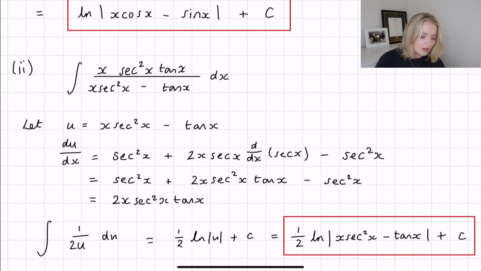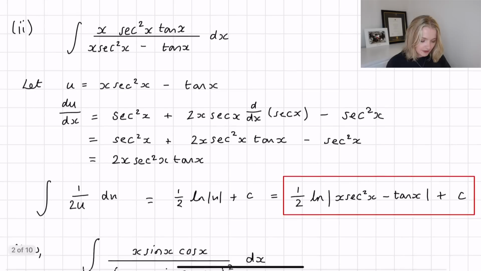And so the important part of this question was just spotting that if you were to take the denominator, compute the derivative of that, it's essentially the same or almost the same as the numerator. So as before, we compute this integral, we get this output for this integral, and then substituting u back into here, we get this lovely form of the answer here, and not forgetting c, of course. So amazing, that's the first integral. Now the next integral